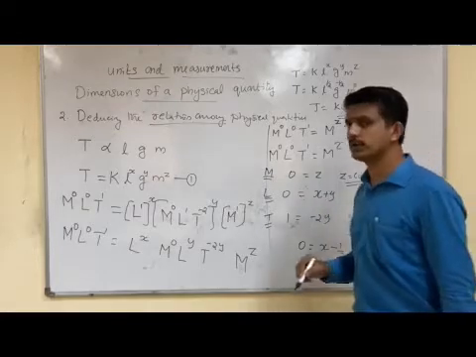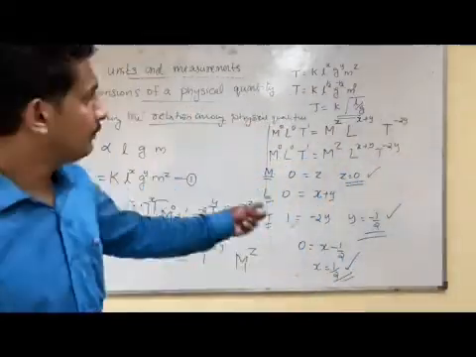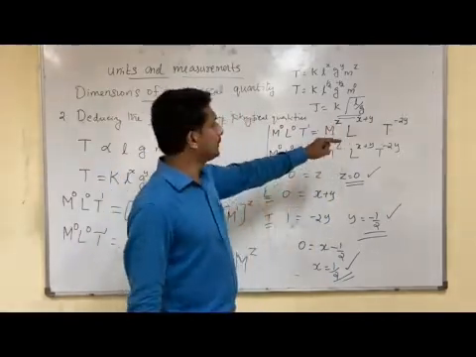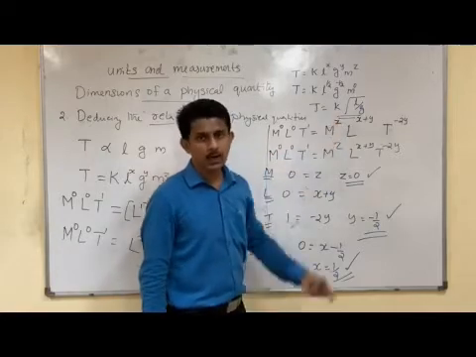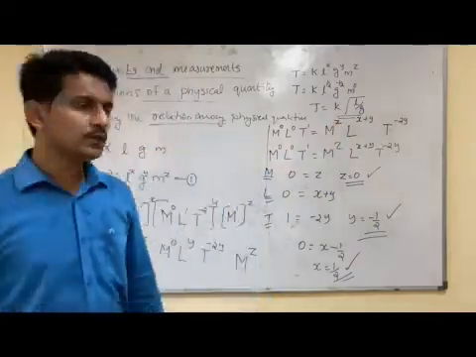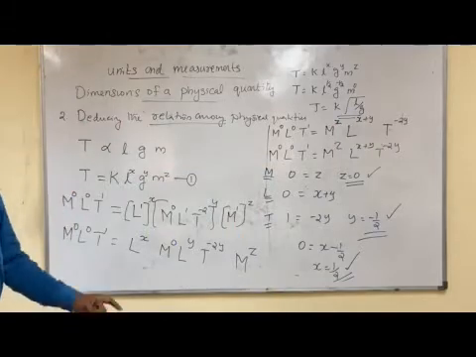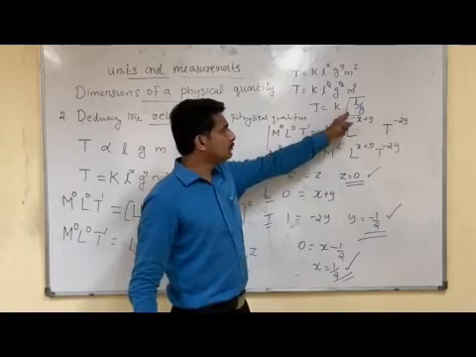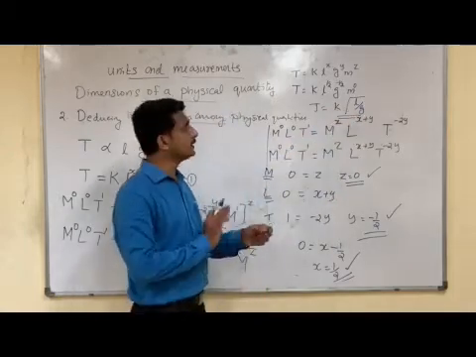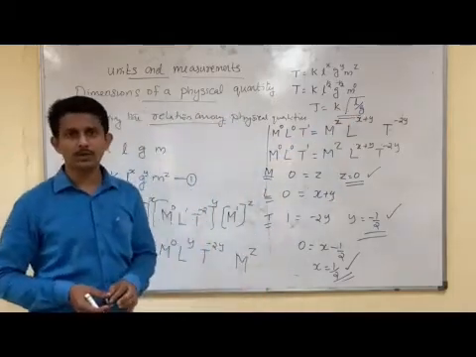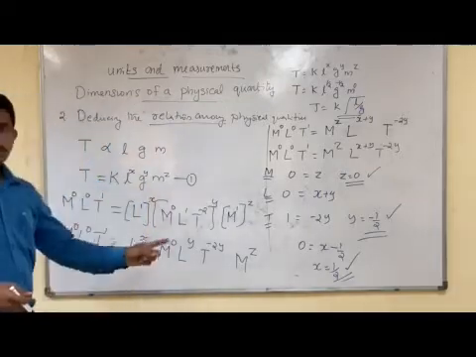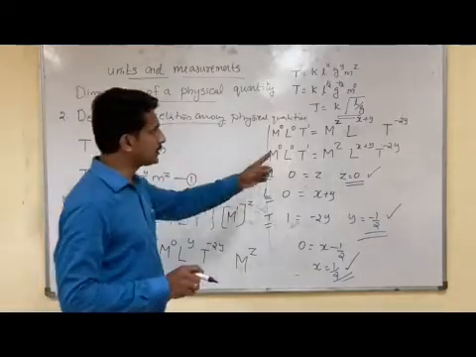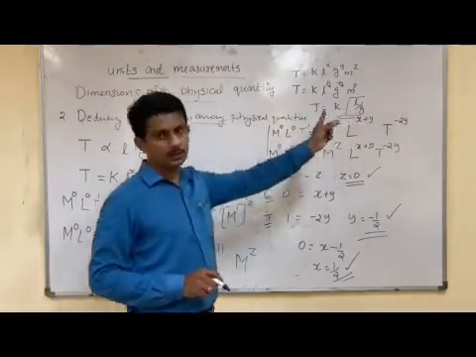So this is the equation for the time period of a simple pendulum. We are getting the expression for the time period of a simple pendulum as T is equal to K into under root of L by g. This K is a constant that we will study later. K is coming as 1 by 2 pi only. So T is equal to 1 by 2 pi under root of L by g. So basically this is the equation for the time period of a simple pendulum. And this is the method we are following to represent the time period of a simple pendulum, as T is equal to K under root of L by g.